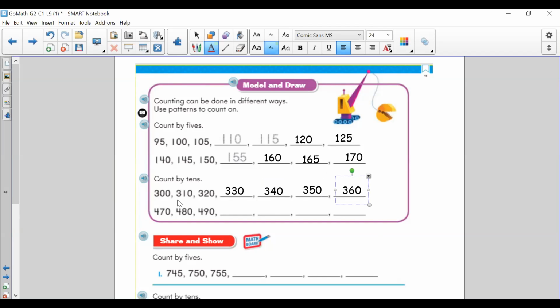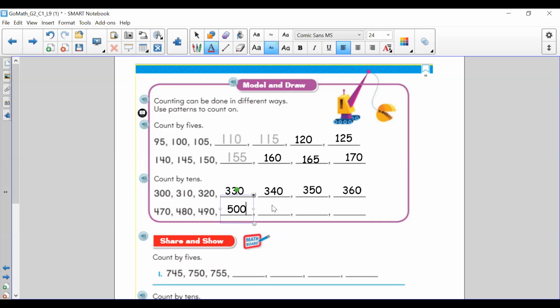So if we start at 300 and we count by tens, we can say 10 numbers and we'll be to the next 100. That would be 400. So here we're starting at 470, 480, 490. So do you know what number comes next after 490, if we're counting by tens? Well, it's the next 100. Remember when we did the 100 chart on the previous page? After we got to 490, the next 10 is